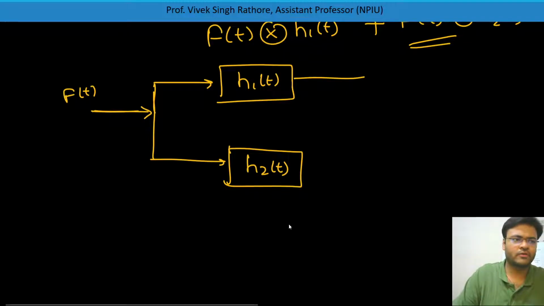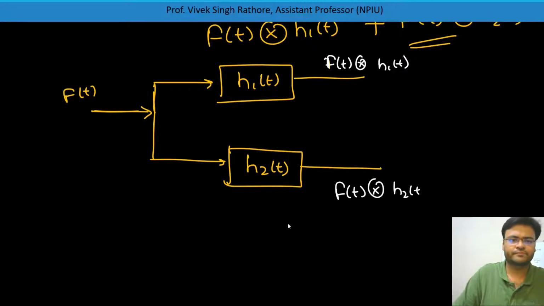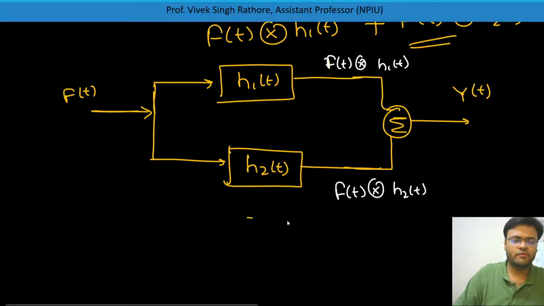Whatever output you get from the first block is f(t) convolved with h1(t), and from the second you get f(t) convolved with h2(t). Now if you are doing a summation and getting output y(t),